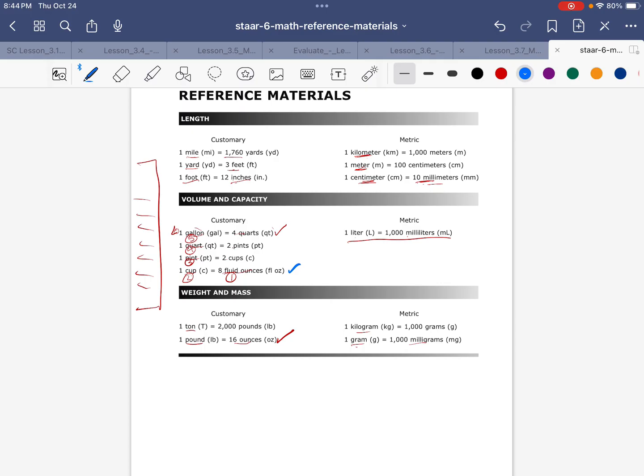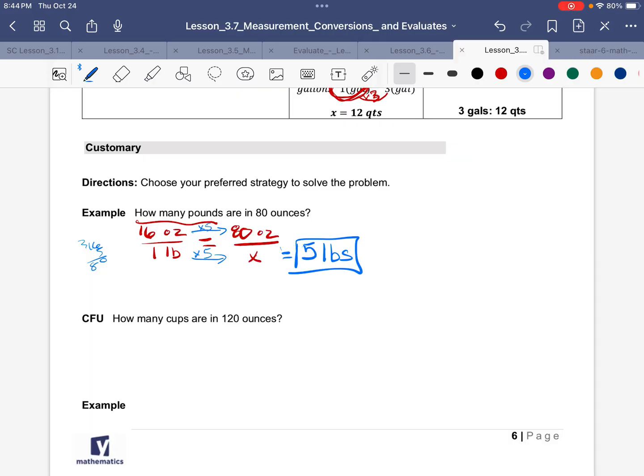So we will continue. I encourage you to pause it, like I said, try it out. Cups and ounces. 1 cup is 8 ounces. So 8 ounces is 1 cup. Right? And it says how many cups. So we don't know our cups